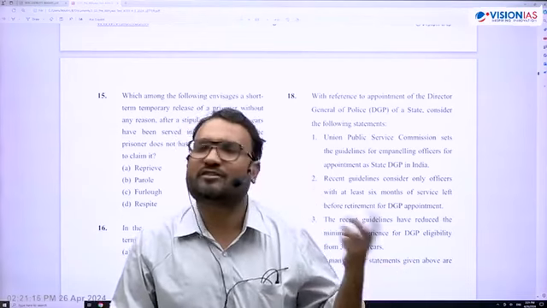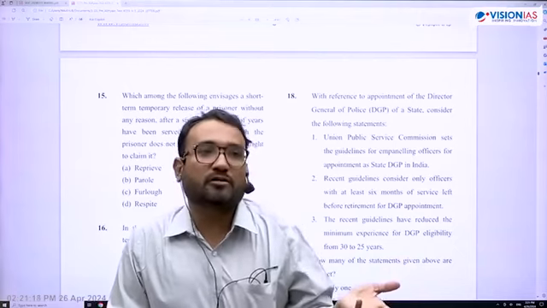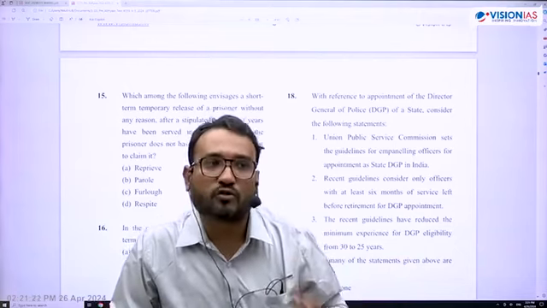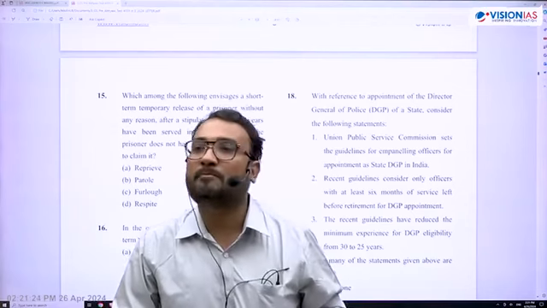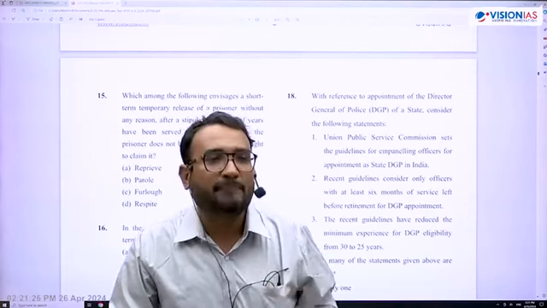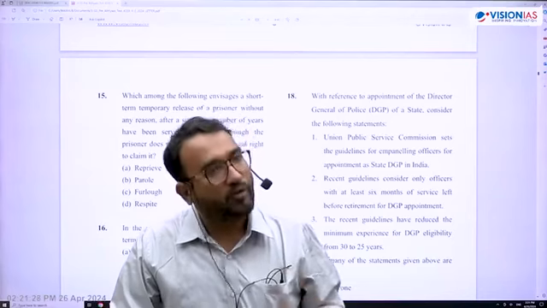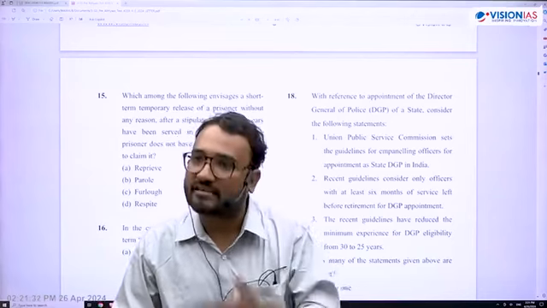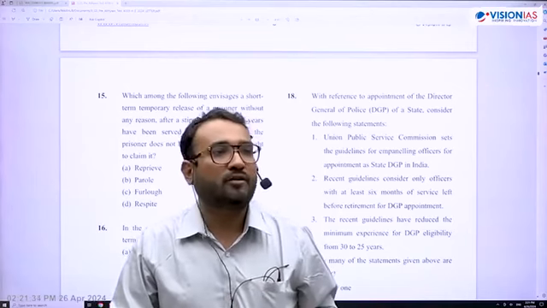DGP was given an extension or whatever. Whenever in Bihar also, DGP was appointed. So this question is not factually given at one place. This question is an ongoing product of the newspaper that you read, that UPSC is deeply involved in the appointment of DGP. It sets the norms and the instructions, and then a panel of names is sent.